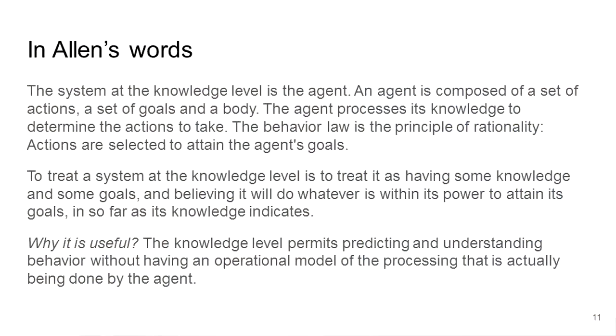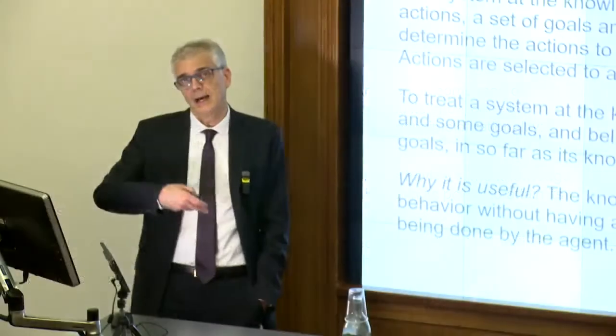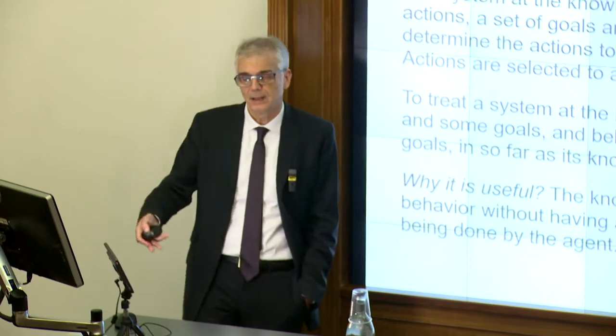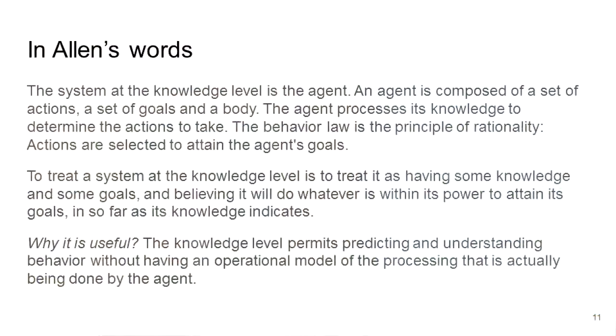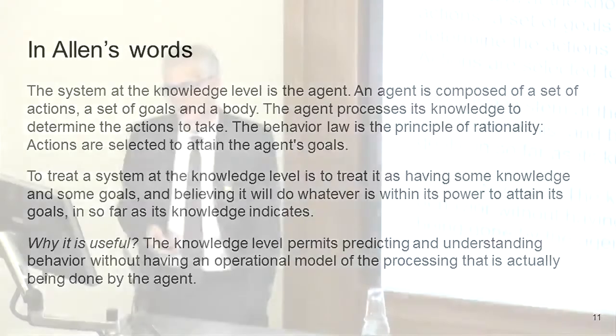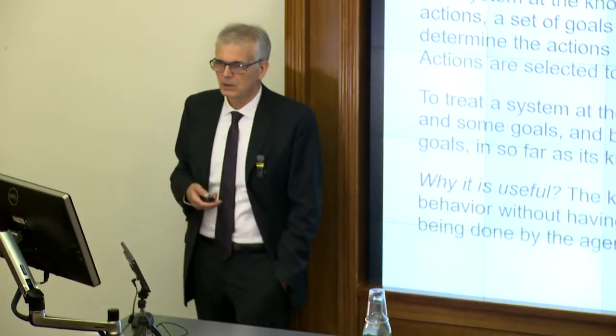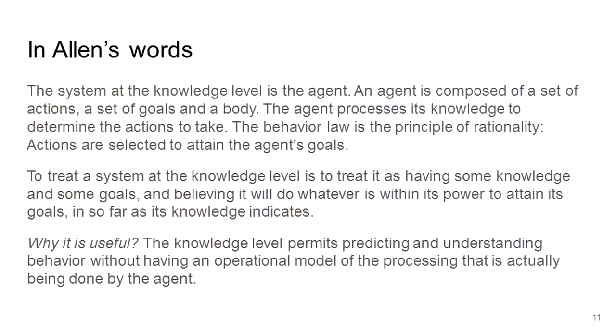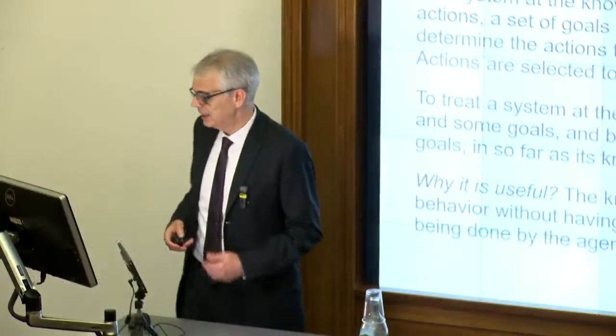The agent processes its knowledge to determine the actions to take, like computing a certain value, computing a certain proposition, displaying a certain thing. And the behavior law is the principle of rationality: actions are selected to attain the agent's goal. So to treat a system at the knowledge level is to treat it as having some knowledge and some goals, and believing that the system will do whatever is within its power to attain